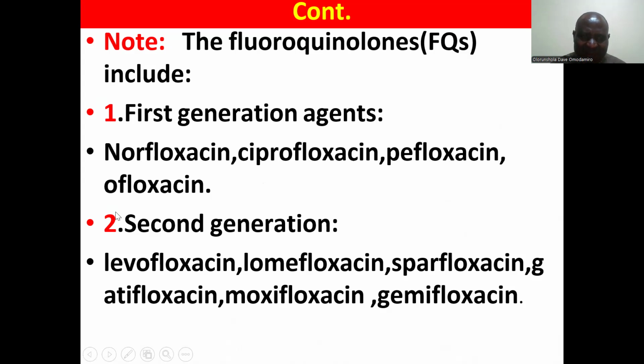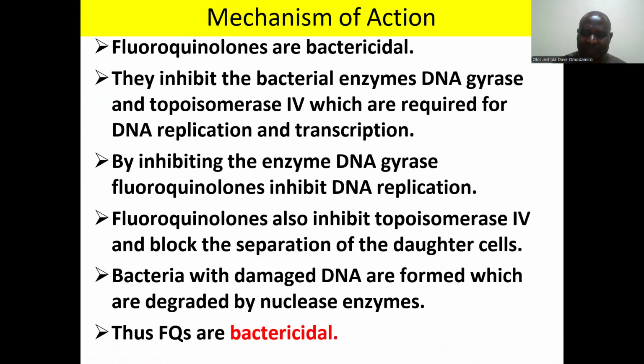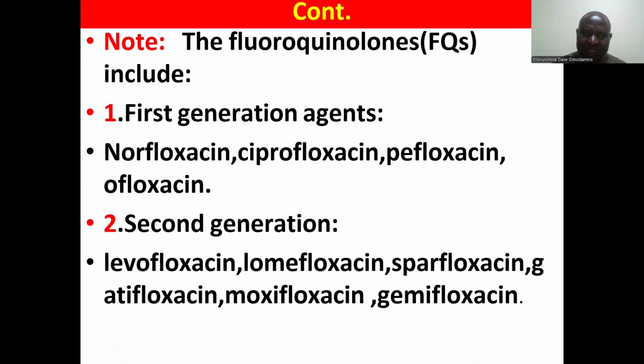And then the second generation includes levofloxacin, lomefloxacin, sparfloxacin, gatifloxacin, moxifloxacin, and gemifloxacin. Then we have the third generation and also the fourth generation, but these are very commonly used today for the treatment of